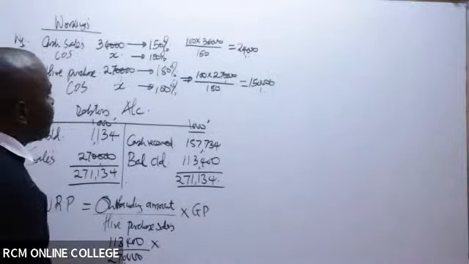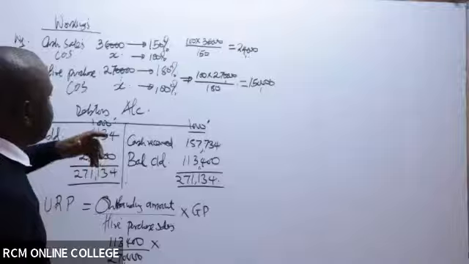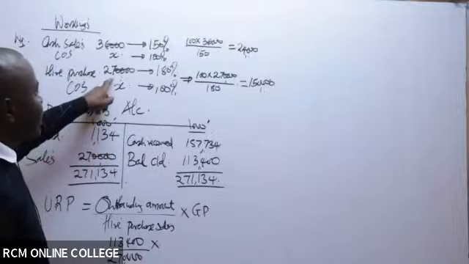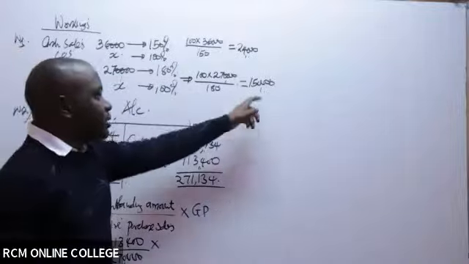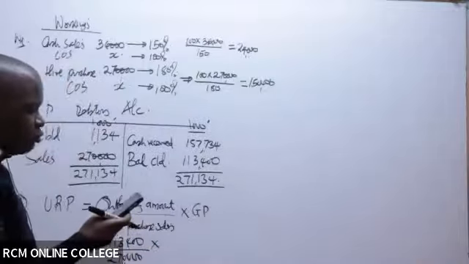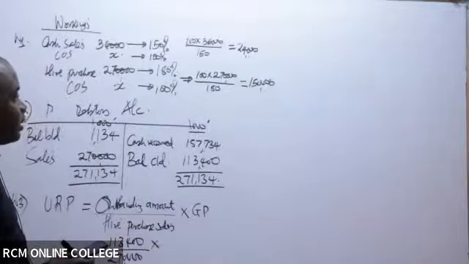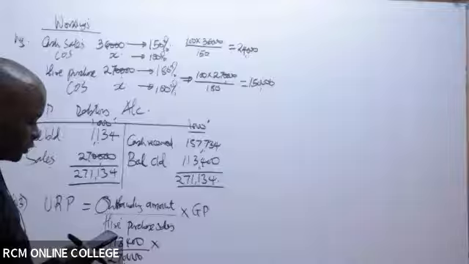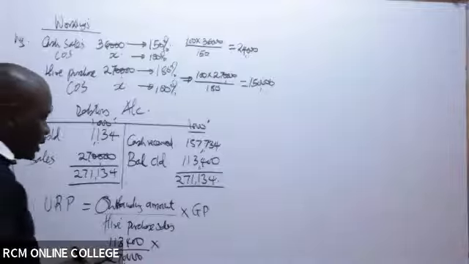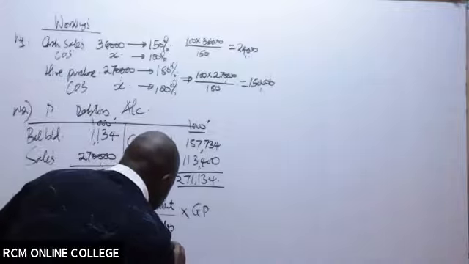The gross profit, we've already been able to say, you know the formula. You normally take the sales, you minus the cost of sales. So it means that in this case, our gross profit here will likely be an amount of